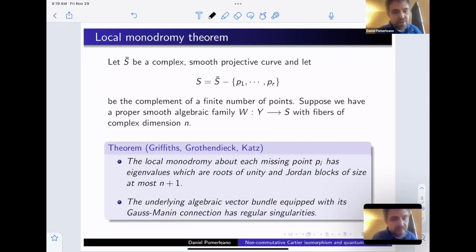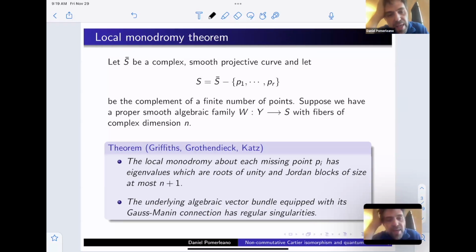The motivation for what I want to talk about comes from some work. A lot of what I think about is motivated by mirror symmetry, which I know is considered kind of a cult subject, but hopefully this will be convincing that it's sometimes reasonable. So there are some classical theorems in algebraic geometry from the 1960s about monodromies of proper smooth algebraic families over a